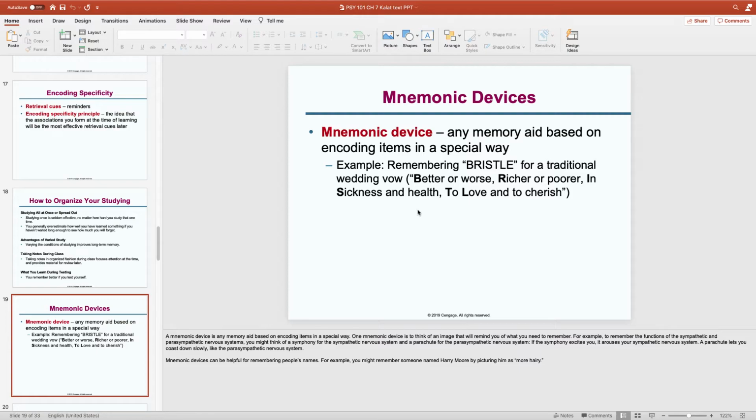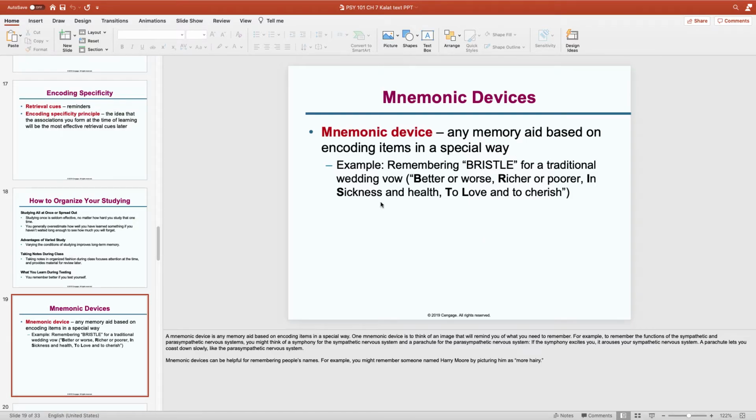PEMDAS. P stood for anything in parentheses you would do first. E stood for exponents. If there were any exponents in that math equation, you had to do those next. M stood for multiplication, and so on. I don't know if any of you recall that, but that's one of the most popular ones. If you're trying to remember,